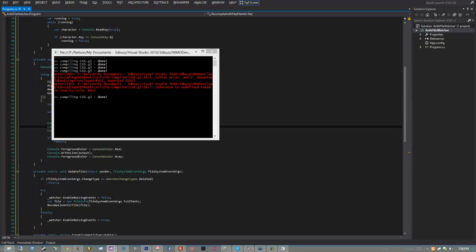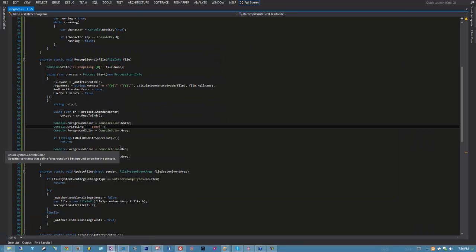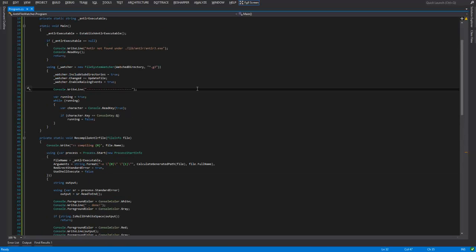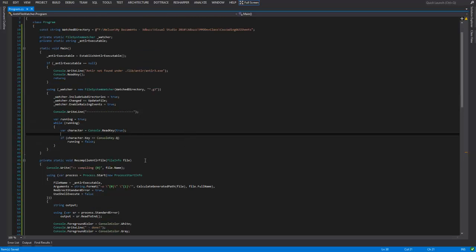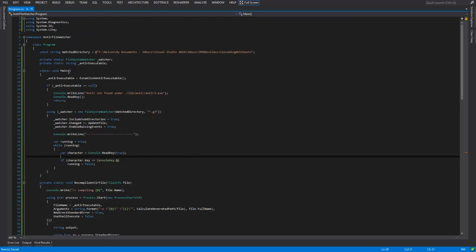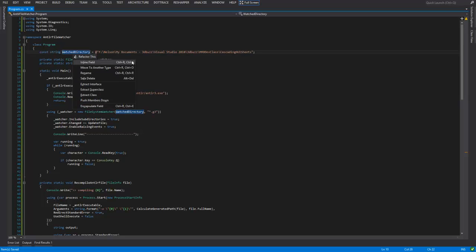So, does that make sense, everyone? Other than the weird have to write out some sort of console thing in order to get it to actually start listening, which might be another random bug or feature on the file system watcher class, but it works right now, so that's fine. So the next thing I want to do is turn watch directory into